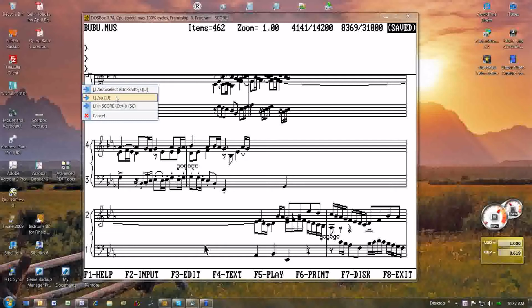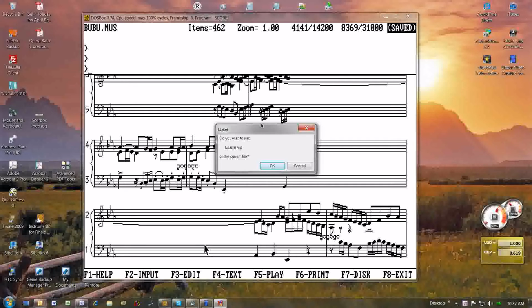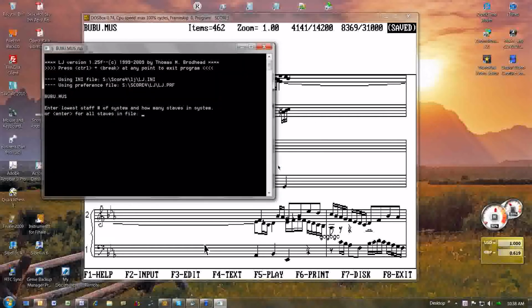I'm going to invoke this now, and again I get a prompt that says, do you wish to run LJ/SP on the current file? I'm going to say OK. And here comes the command prompt, and as you can see, the current file, don't ask me why I called it that, I just typed something in at random, is called boo boo, which is the same as up here. So the correct file is already selected, and all I need to do now is indicate the staves that I wish to LJ. In this particular case, let's say I want to LJ staves 1 and 2,